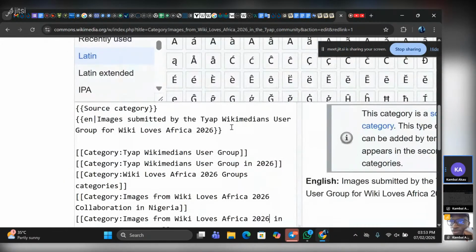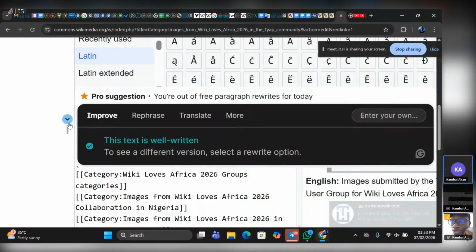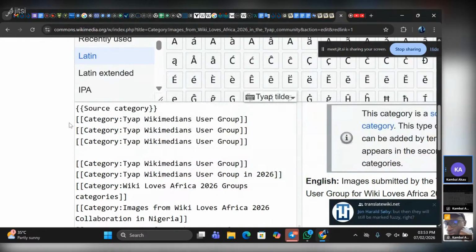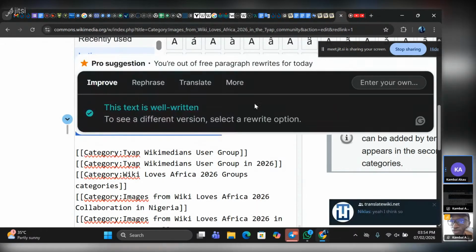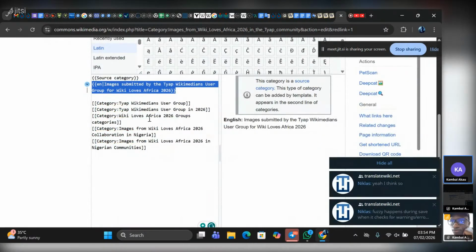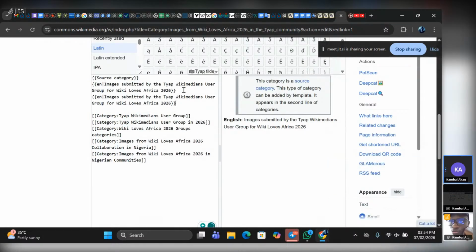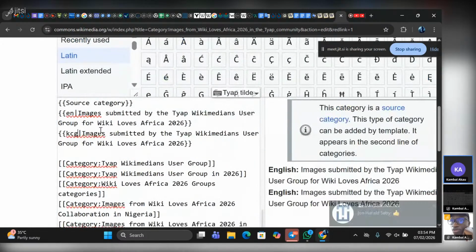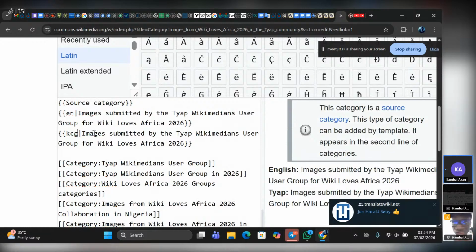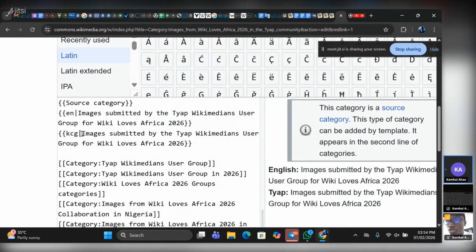And then this is actually in English, and if I want to also add this very category in Tyap, which is my mother tongue, or the language that the Tyap Wikimedians use, I can actually add the translation to Tyap. So I can have something like images submitted by Tyap Wikimedians. So you can just say on